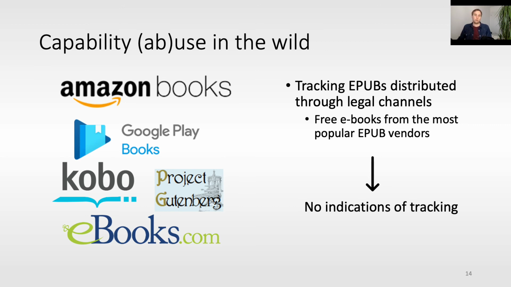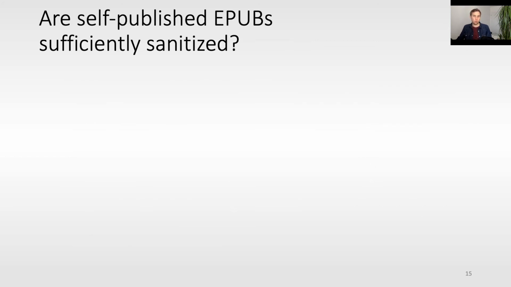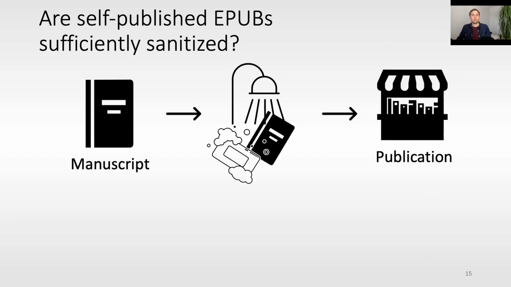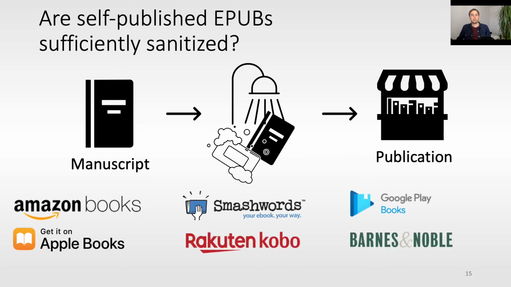However, to find out whether it would be feasible to publish a malicious ebook through official ebook vendors, we also assessed the self-publishing ecosystem. Most vendors nowadays provide a self-publishing service which can be used by smaller writers to publish digital books without the interposition of a publisher. Since the manuscript is provided by an interested party, being the writer, it would be good practice to sanitize before publication. We evaluated this sanitization process by submitting our own manuscript to the 6 most popular and free self-publishing services.